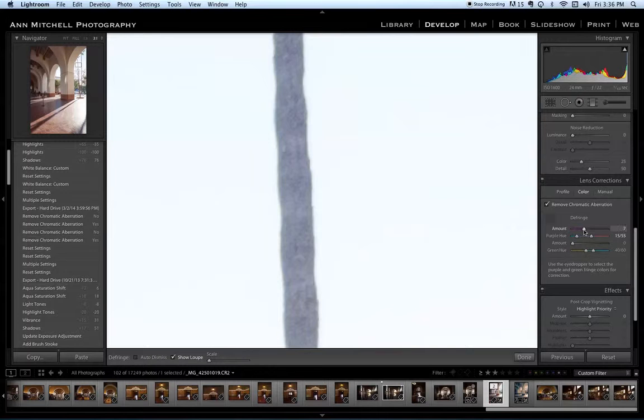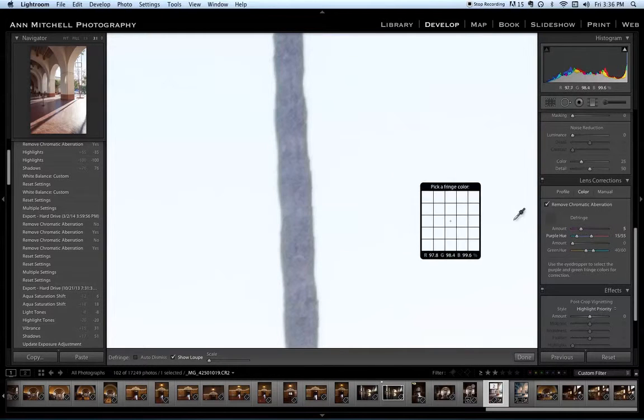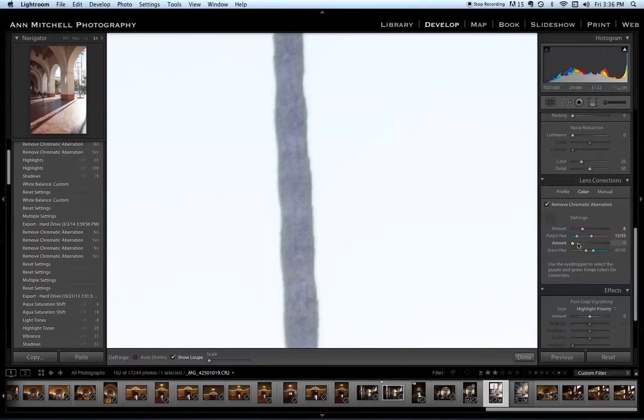Now on your screen it might be difficult to see this detail, but when you're doing it yourself, you're going to see that along this area that line of color just disappeared. And so that's one way to work with it. And if you have a different color fringing, we have that too, but for me, most of the time it is a high magenta.